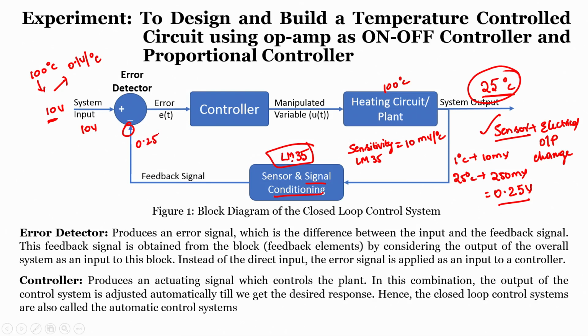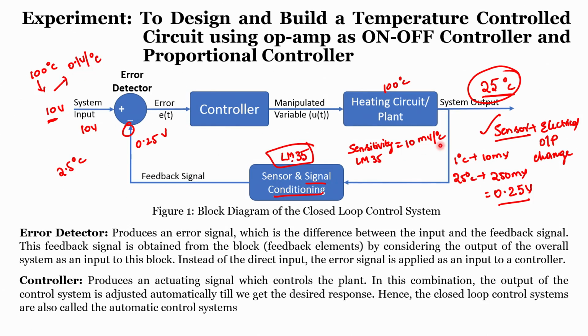When it comes to a realistic way, from the sensing point of view, 0.25 is easy to understand, it is 25. But with respect to the input, where the sensitivity factor is 0.1 volt per degree centigrade, since it is 0.25 volt, it is nothing but 2.5 degree centigrade, right. Which means that both the factors, the input factor as well as the output factor, are not matching. That is because of the sensitivity, this particular factor change. This is 0.1 volt per degree centigrade, this is 10 millivolt.